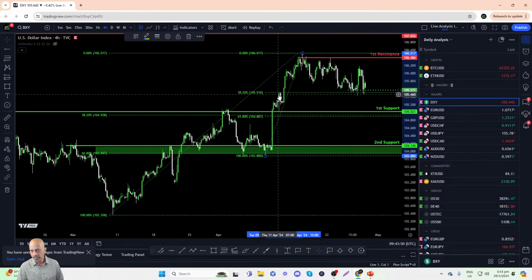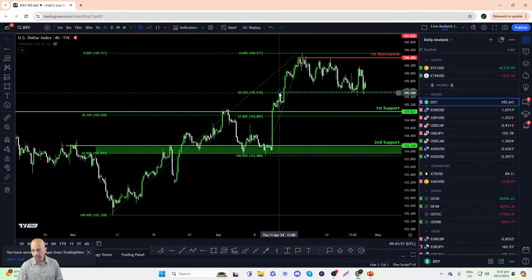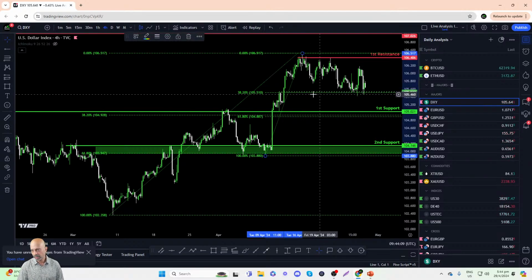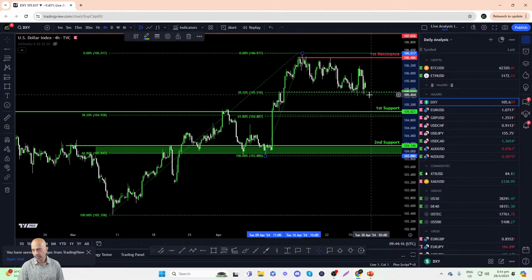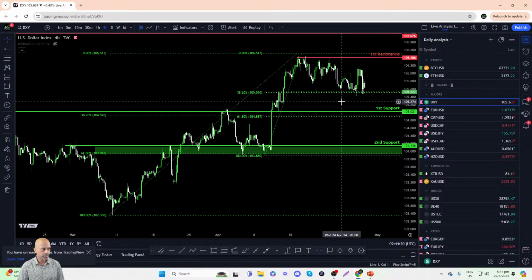Now, when I look at it here on the 4-hour time frame, I actually see a pretty decent overlap level. Previously, the dollar index ran into a little bit of resistance here at 105.52 on 11th of April, after which it proceeded to find strong support here on 25th of April, 26th, and of course earlier today as well. So this highlights to me a pretty significant overlap support level, and just take note, 105.52 has been pretty strong here. So the dollar does look pretty weak as we kick off